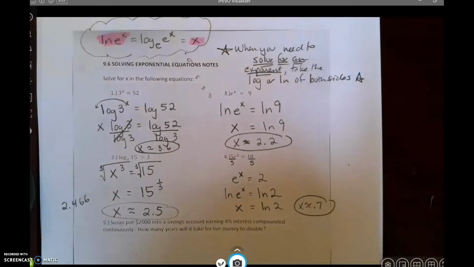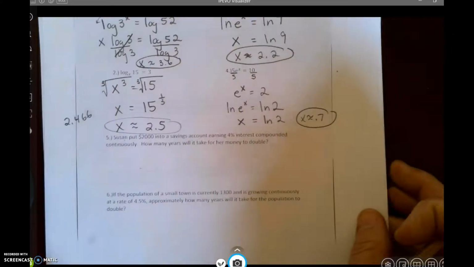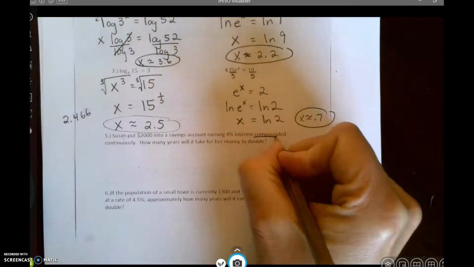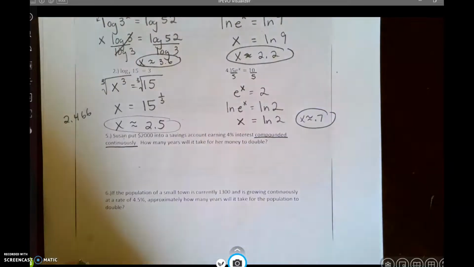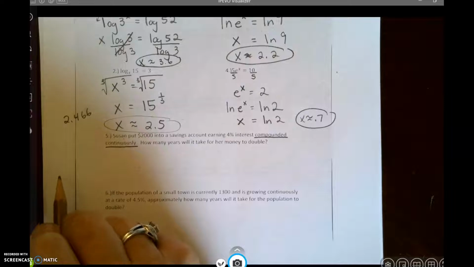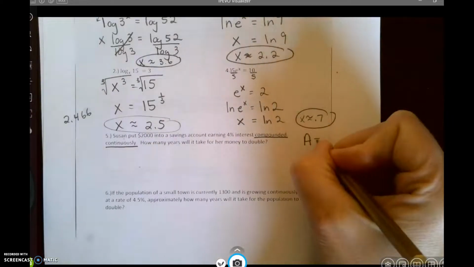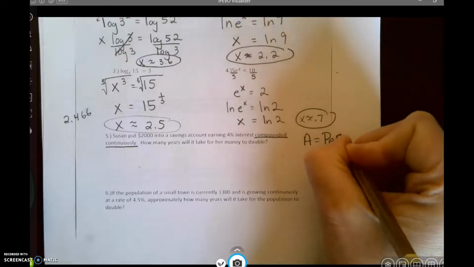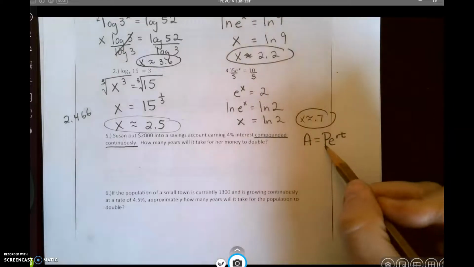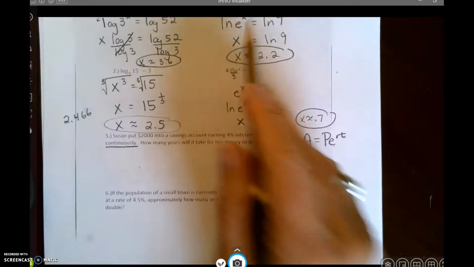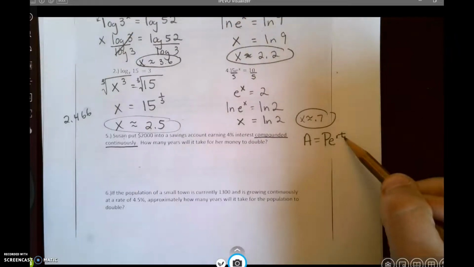Okay, let's go on to some problems that are more real life problems. It says Susan put $2,000 into a savings account, earning 4% interest compounded continuously. Anytime you have compounded continuously, you use the formula A for the amount equals Pert. You should have learned about Pert in Algebra 2. P is the principal, e is that letter e that's on your calculator, r is the rate, t is time